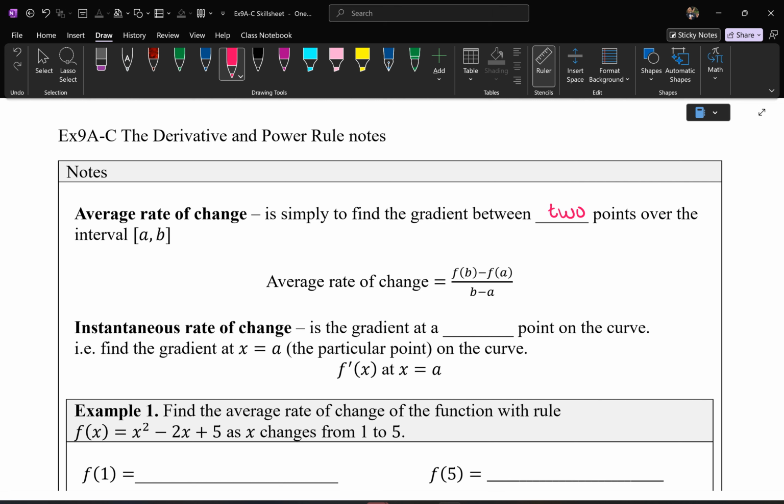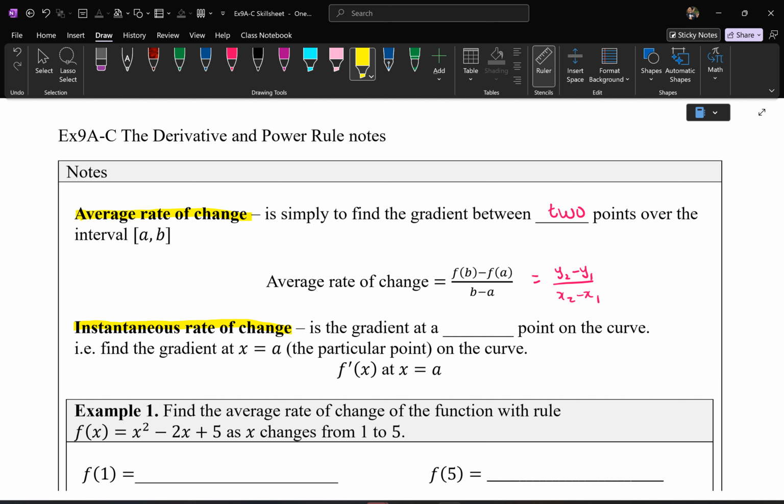Okay, so when you find the average rate of change, it's another word to say find the gradient with 2 points. So you learnt that from year 9, y2 minus y1 over x2 minus x1. That's essentially what f of b minus f of a divided by b minus a is. That's just y2 minus y1 over x2 minus x1. So, first exercise is just getting you to know the difference between average rate of change versus instantaneous